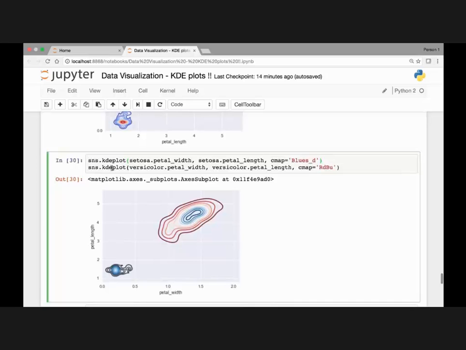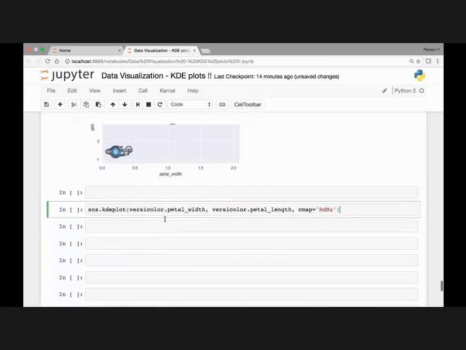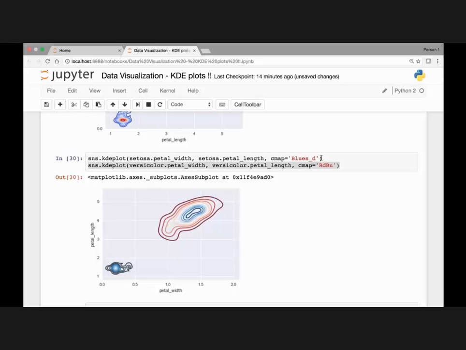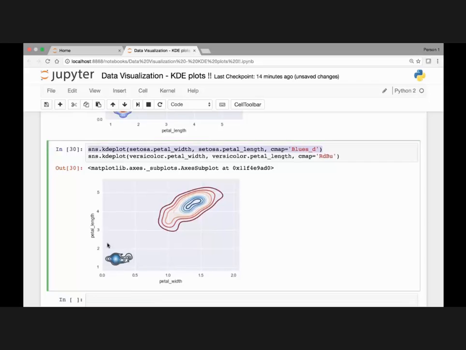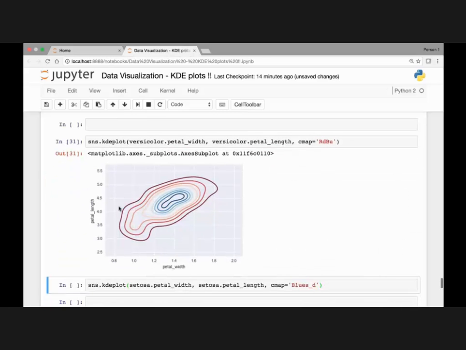The important thing to remember is that you need to have both of your KDE plot methods in the same cell. Otherwise, you'll get two separate KDE plots. So for instance, if I run this in one cell and then run the first line in a separate cell, I will get two separate KDE plots. Let me show you. So RdBu, if I run the first cell,